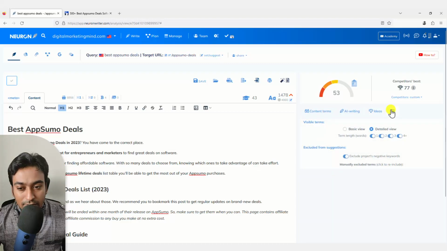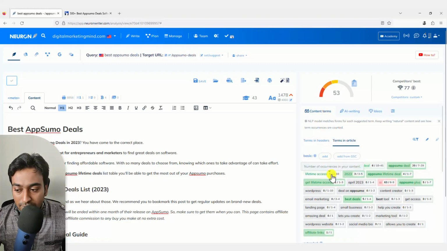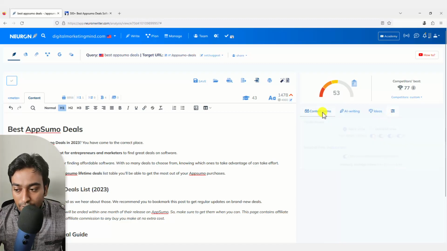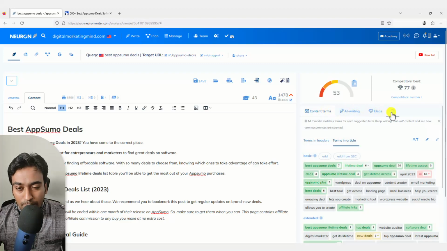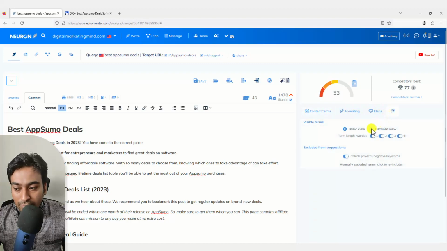The last section is a settings section for you, where it shows the visible terms option, like whether you want a detailed view or a basic view. For example, the detailed view shows all this data in a much more detailed way. But when I click on basic, you can see it is summarized. Depending on your preference, you can use that. Here you also have the option to hide terms.